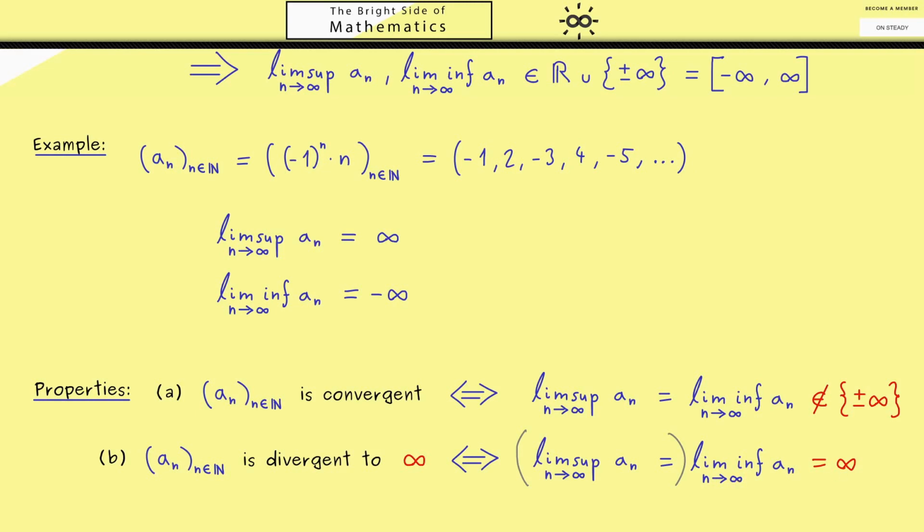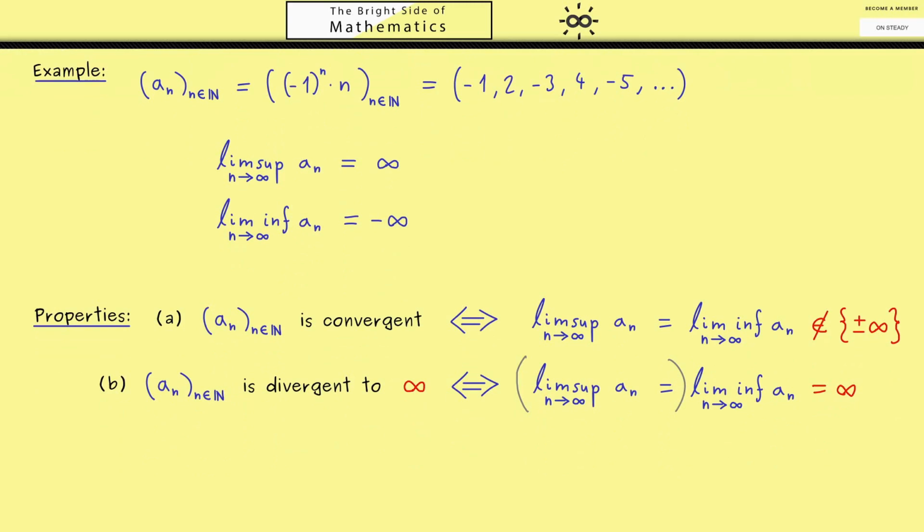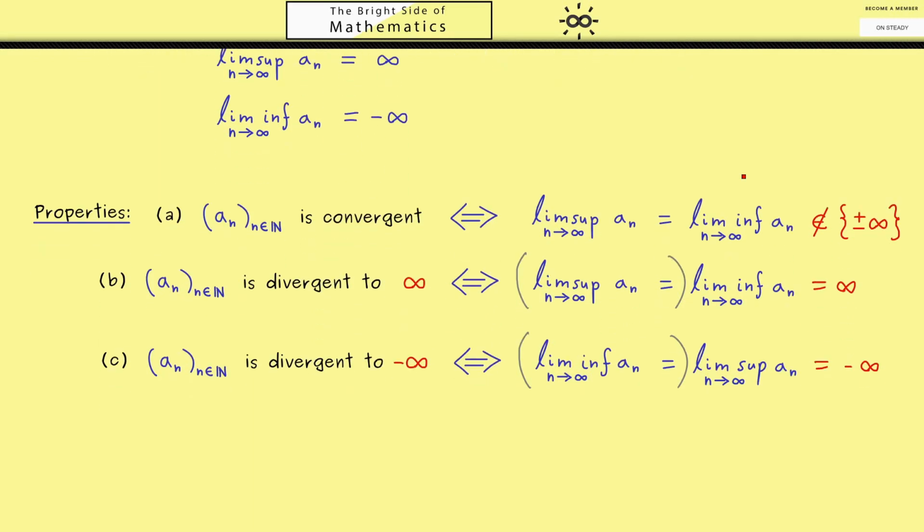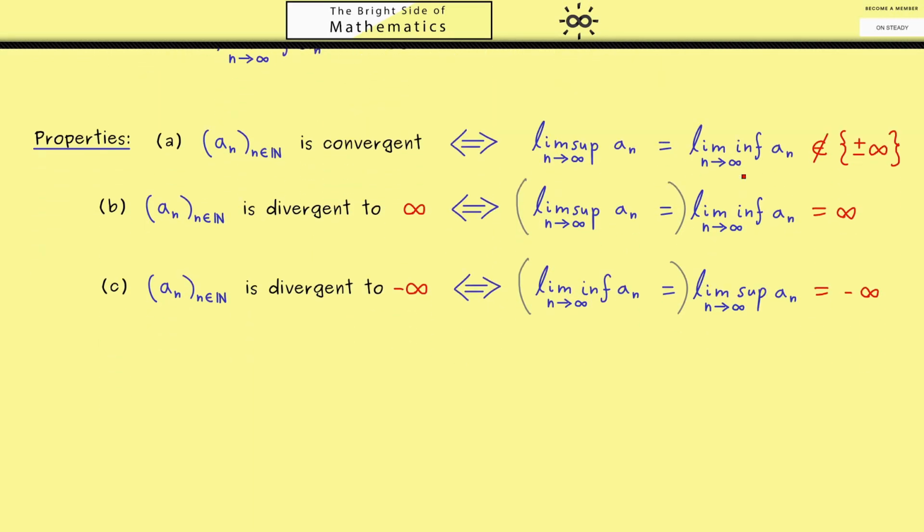Now next, maybe not so surprising, we can do the same for the limit minus infinity. And this holds if and only if the lim_sup is minus infinity. Now all of these things here are easy to show when you know the definitions we discussed in the last video. A little bit more complicated is the next property where we combine two different sequences.